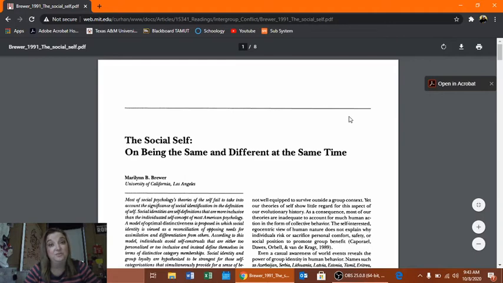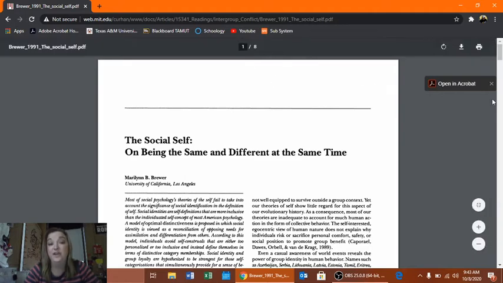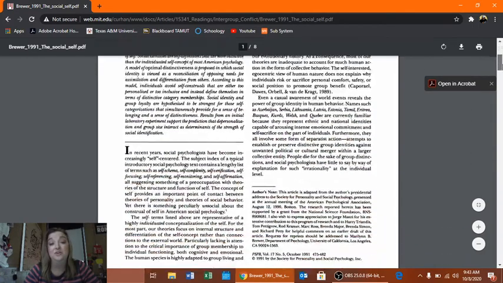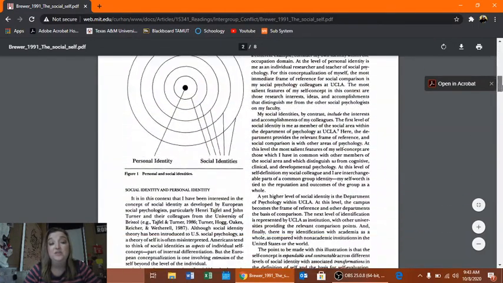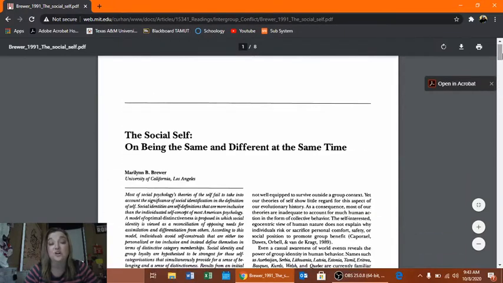None of these are going to be super short. Some will be really long, so I would avoid those. This one's about 8 pages, which is probably about what you would look for. You just need to go through and read the article and see if it will work for you. That is a strong possibility.